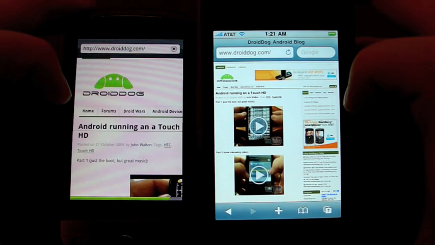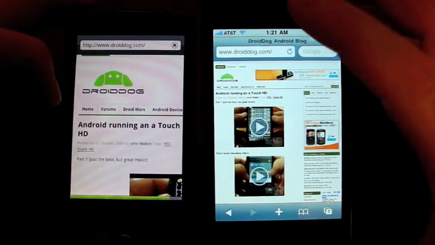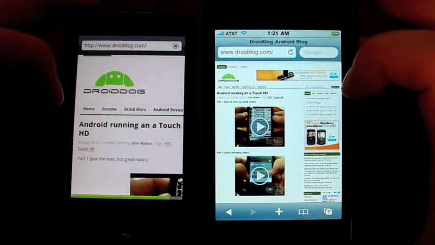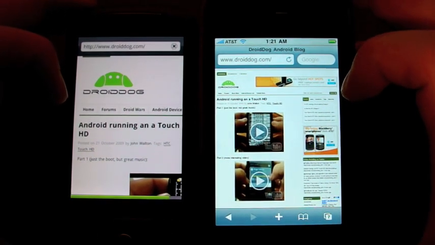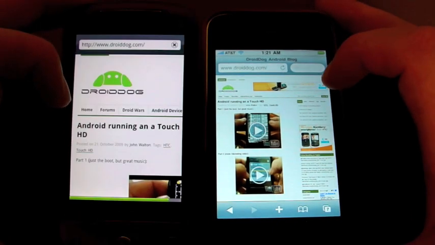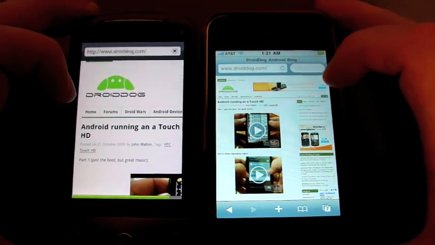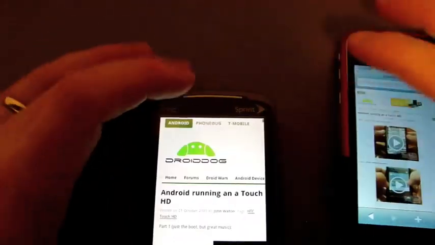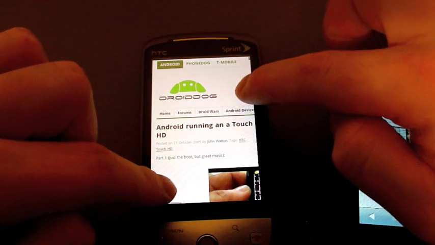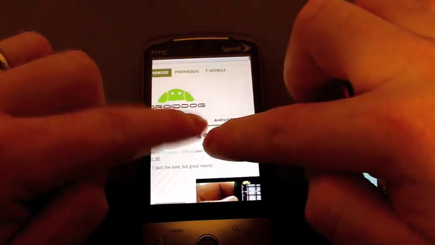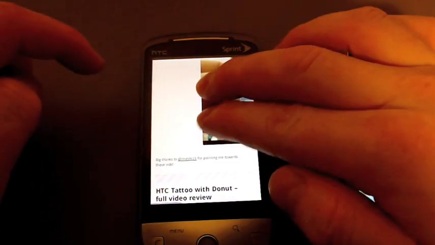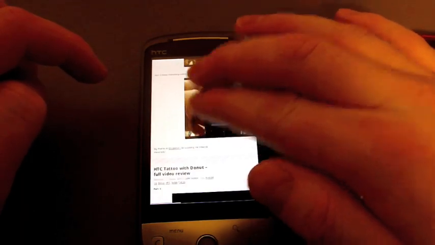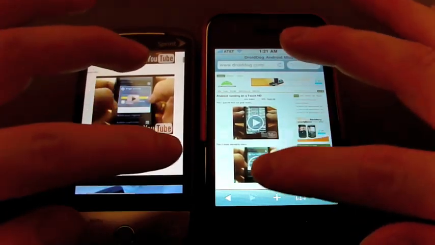So you can see that the iPhone page loaded quicker, but that's not really fair because I have all of my bars full on AT&T and Sprint here. I get 1 or 2 bars up in this room. But once this finishes loading, we'll just compare the way they're rendered. Alright, so people want to see the comparison of this. Oh, it's not working for some reason. There we go. Alright, so let's see if I can do this side by side in a way that